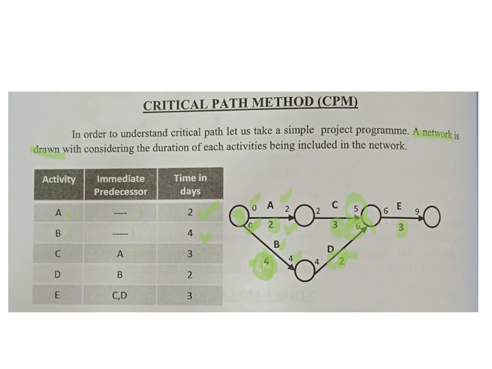So what happens is, if there's a delay in this path, either A gets delayed by a day or C gets delayed by a day, for E to get executed there is no problem, because in any case E cannot get executed without B getting executed and C getting executed. So even if C or A get delayed by 1 day, instead of 5 days, it gets finished in 6 days, which is okay, because D in any case will take 6 days.